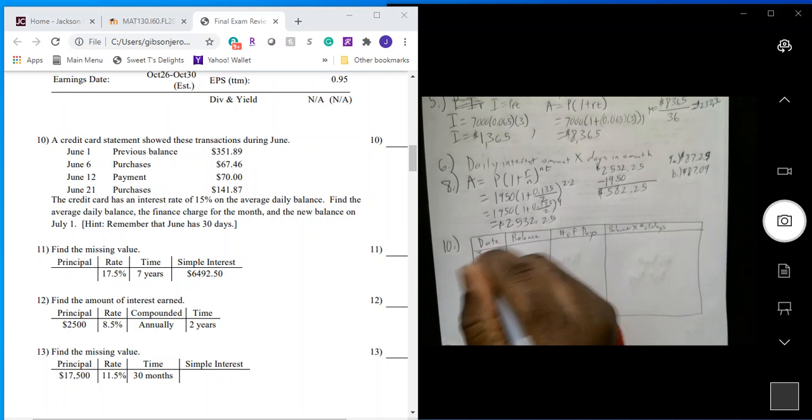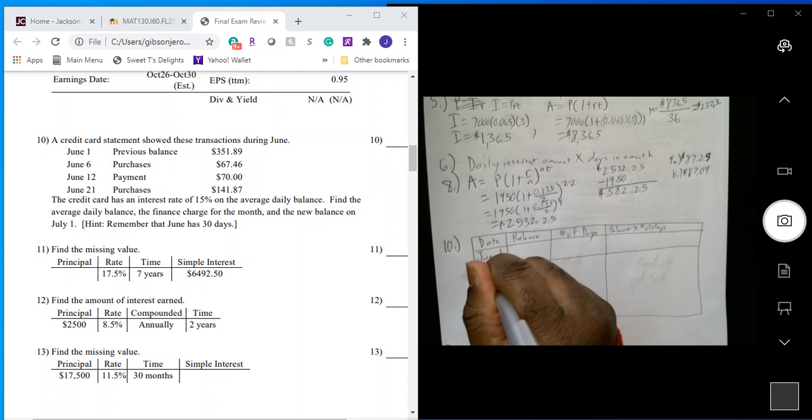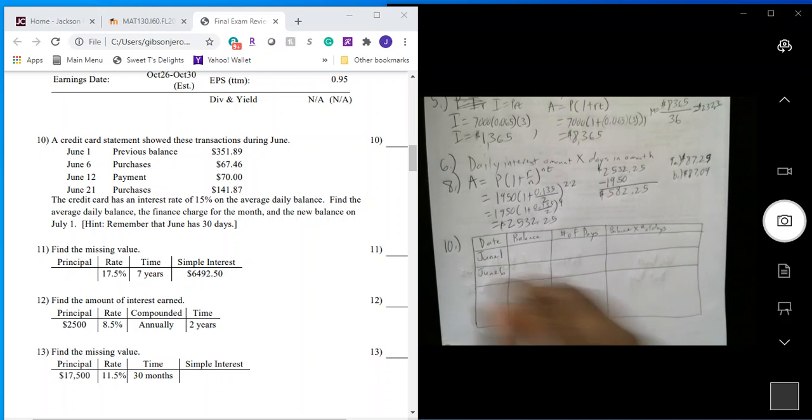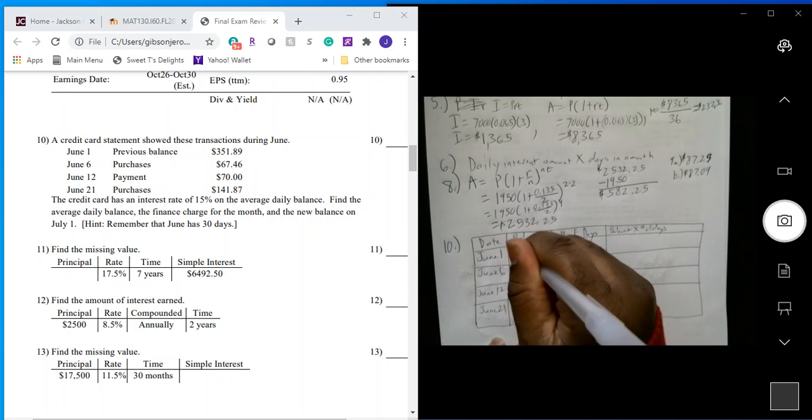We have June 1st, June 6th, June 12th, June 21st. All right. So on June 1st, the balance was